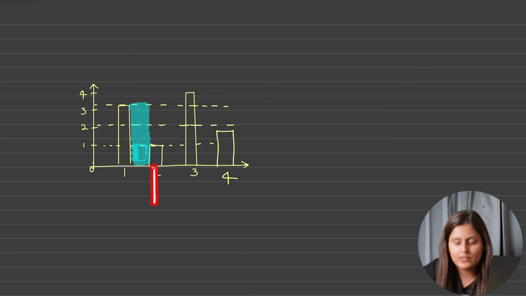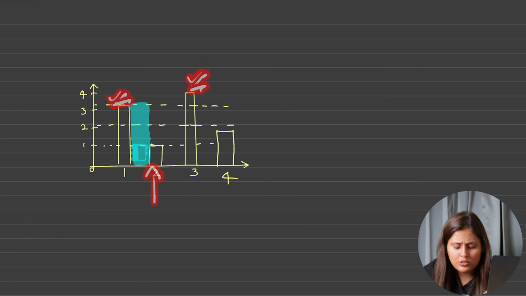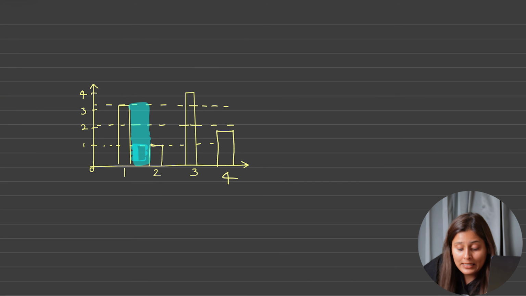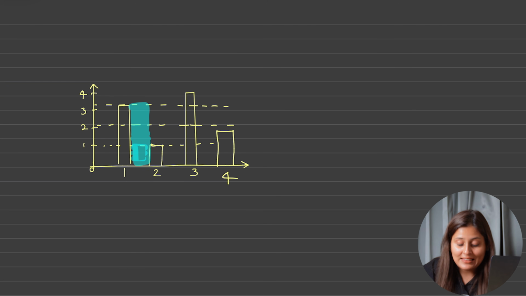What about second index? So for second index also, 3 is the left maximum height and 4 is the right maximum height, correct? Yes. And minimum of 3 and 4 is 3. Yes. So for second also, it will be 3 multiplied by 1, means minimum height 3 multiplied by 1. No, it will not. Why? Because this much area which is covered by the block, we need to subtract this. And how we will subtract this? This is nothing but height of second index. Yes, height of second index.